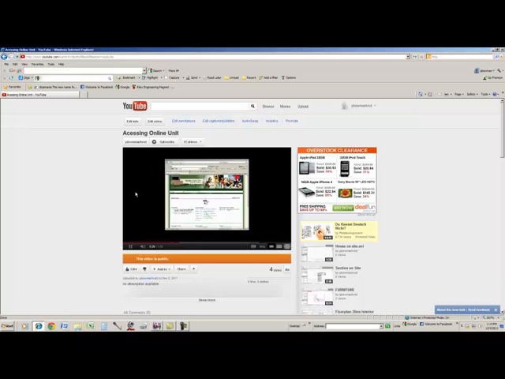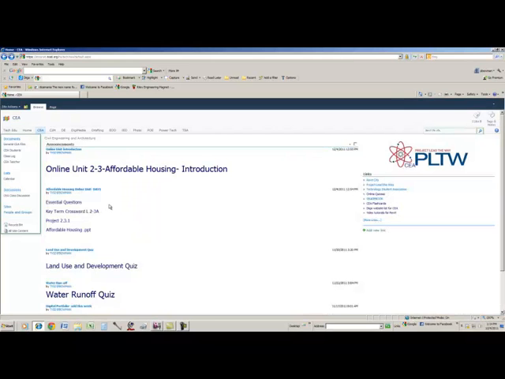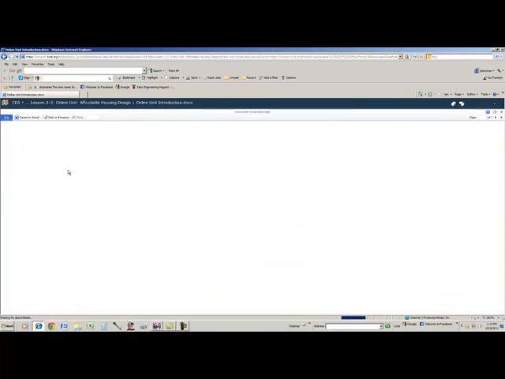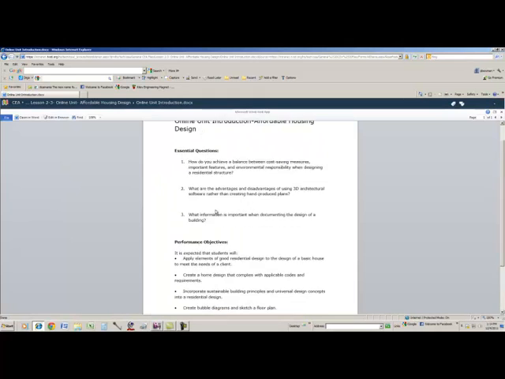And it kind of instructs them on how to get onto SharePoint and access the CEA homepage, which I'll take you to now. Okay. And the way I have the unit set up is through the announcements section on SharePoint. I would give the daily instructions, kind of like we do for the course that we have with you right now, Chris. And I've started off by giving them the essential questions and performance objectives, just as a Word document here. Okay, and they could review that on their own, or I could review it with them